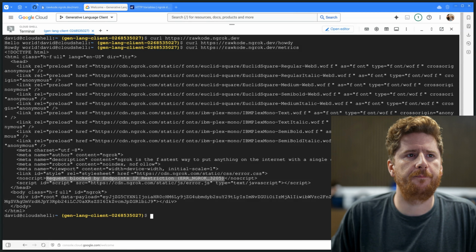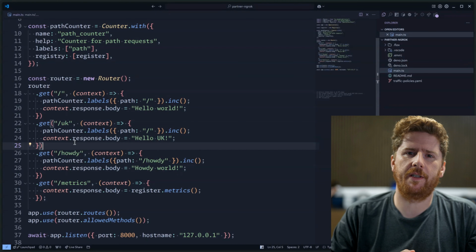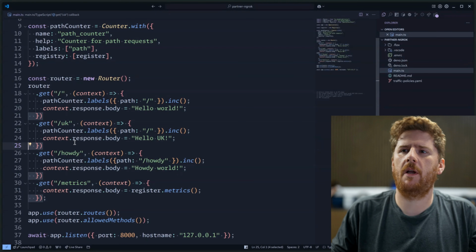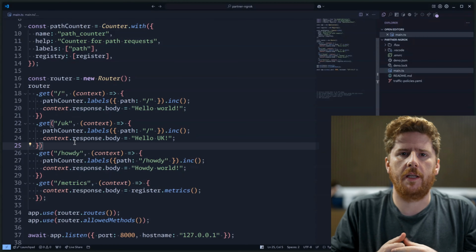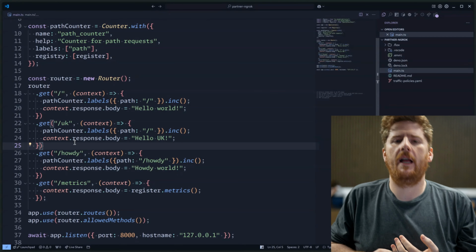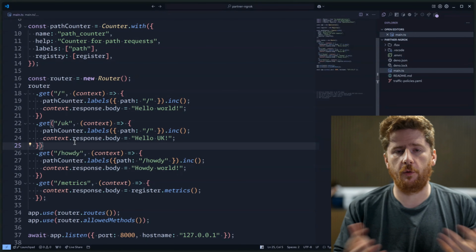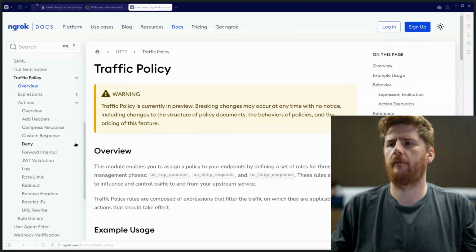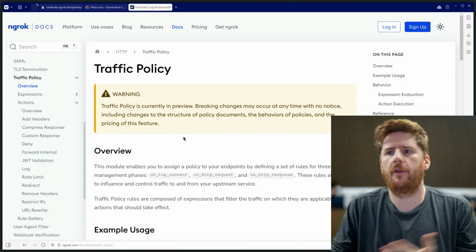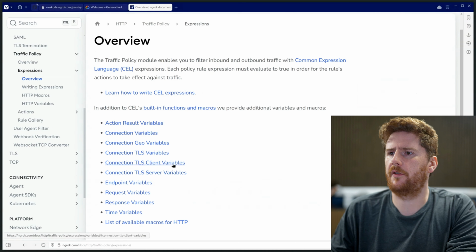Sweet. Okay. Now we're going to try something a little bit different. I've added a new endpoint to our application /UK that says hello UK. We're going to add a geo restriction to this endpoint so that only the people in the UK can see the UK page. Heading back over to the traffic policy documentation, we can click on expressions overview and we'll see